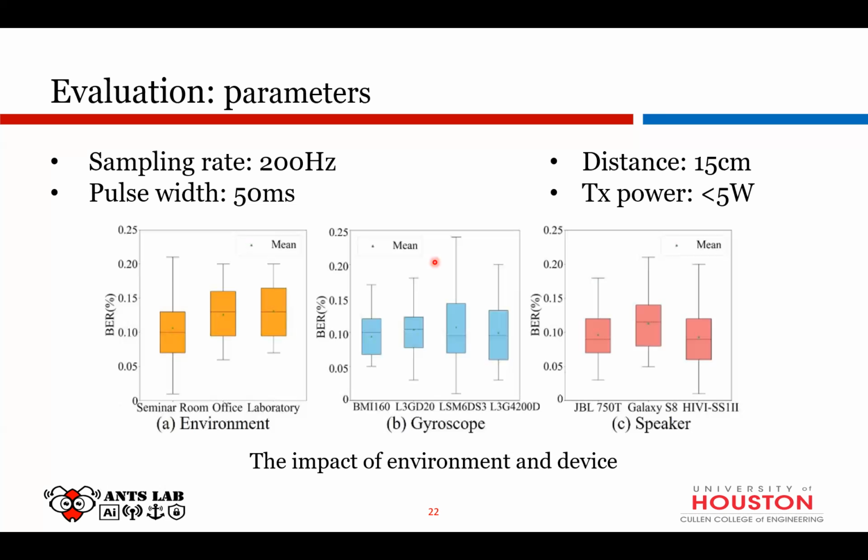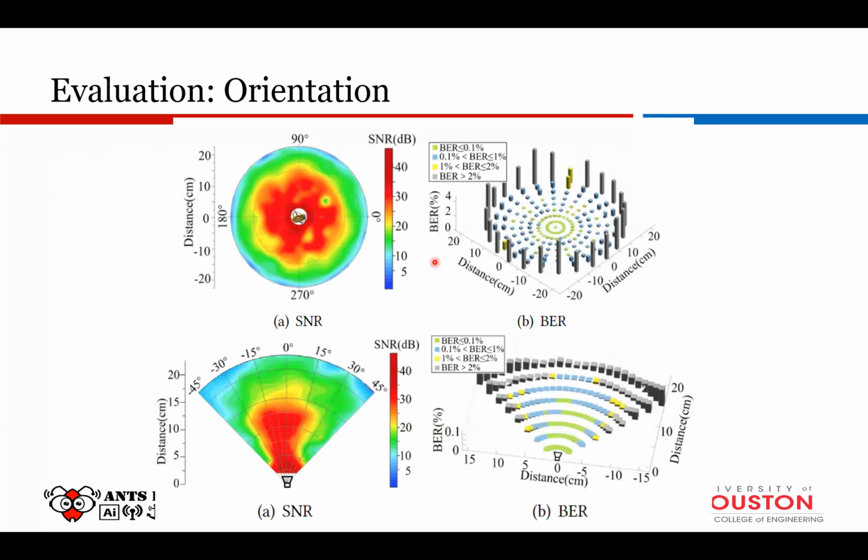Thank you. So let's move on, and I'll go through the rest quickly. For the second evaluation, they rotate the speaker around the gyroscope. They fix the receiver and rotate the transmitter in the XY plane, showing this figure, because the other planes are quite similar. This figure can reflect the placement of the gyroscopes, which makes no difference.